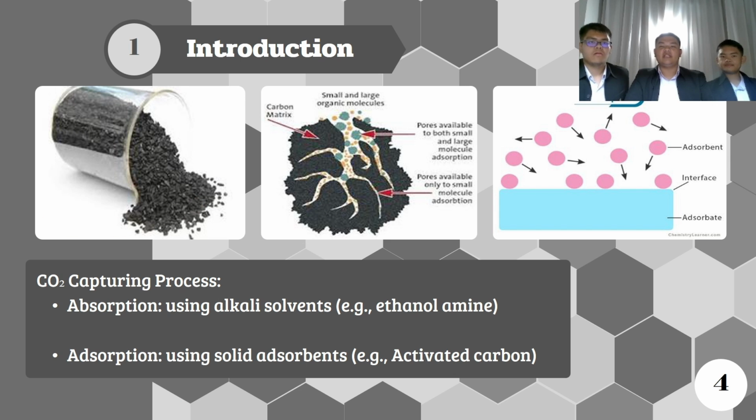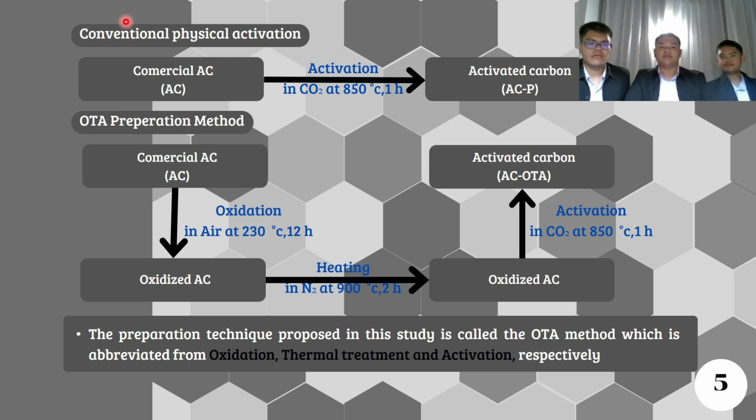Presently, the use of solid adsorbents such as activated carbon for CO₂ capture by adsorption has become an interesting choice due to its low adsorbent cost, process simplicity, and low energy consumption. Conventionally, activated carbon can be produced by physical activation using CO₂ or steam, but the efficiency of CO₂ capture is quite low. In this project, we propose a novel method called the OTA method to increase the adsorption capacity, which consists